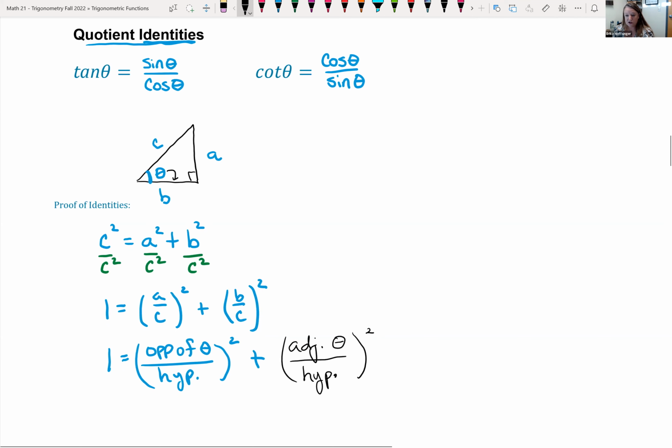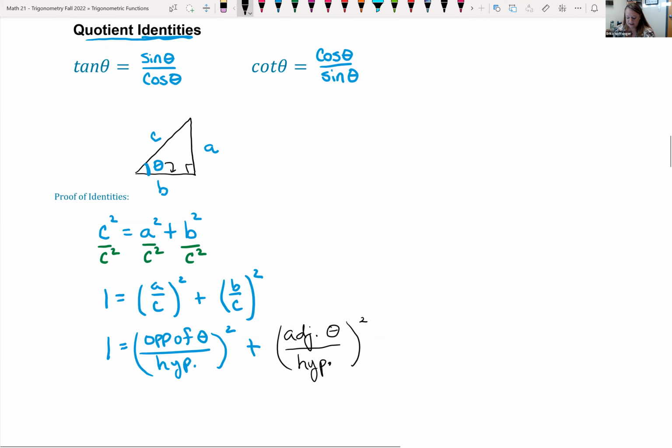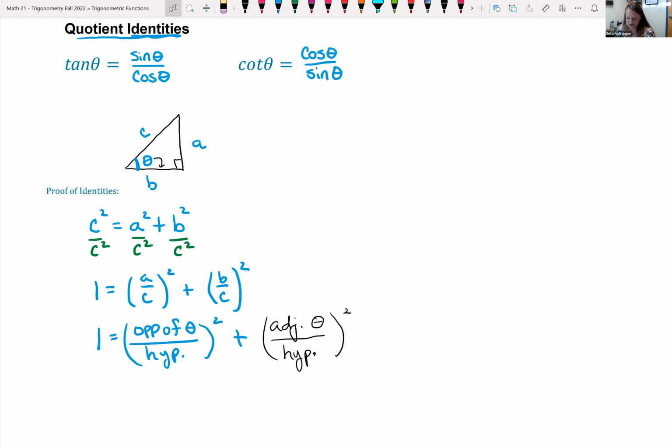Those are just what we defined our trigonometric functions to be. So opposite over hypotenuse, that is sine. So we can say 1 is equal to